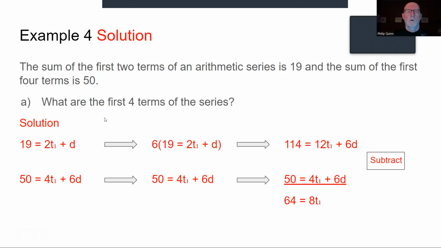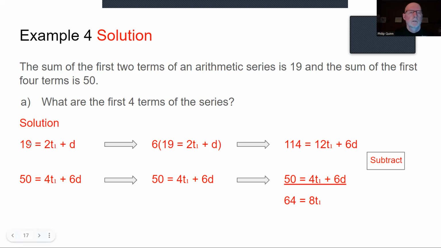So we need the same coefficient in front of one of the letters. We've got a couple options here. I've chosen to get the same number in front of the d. So the second equation, 50 equals 4t1 plus 6d. It's got a 6 coefficient in front of the d. So in order to get the same number in front of the d here, I will multiply each of these